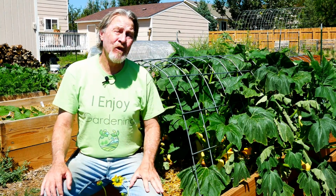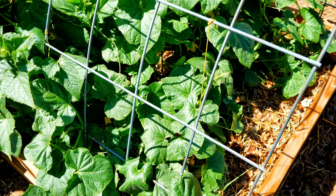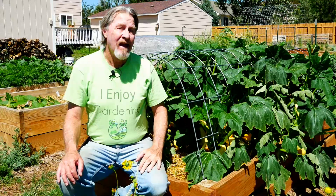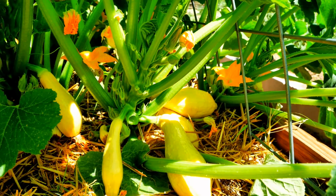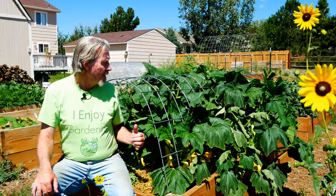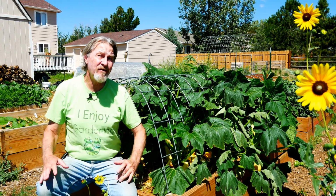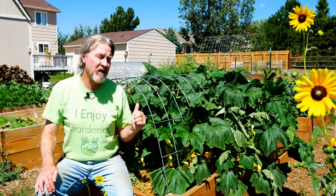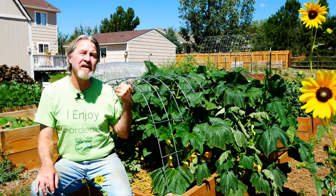I have a couple dozen cucumber plants growing vertically on that end. And I've got about a dozen yellow squash plants growing in this end. And even squash plants can be trained vertically. By growing up and not out, I'm basically tripling, if not quadrupling, the amount of plants and the amount of fruit that I'll get in this bed. And I've also got a couple melon plants squeezed in here that will be able to take advantage of this